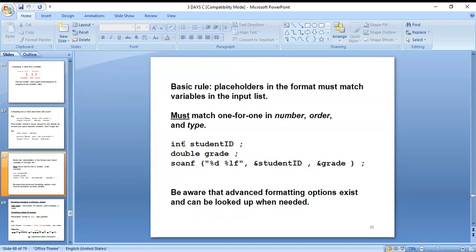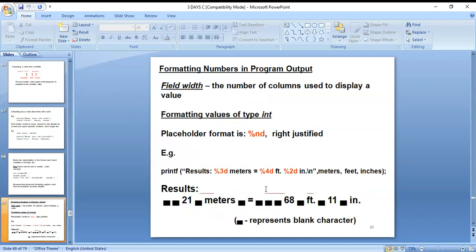But student ID is an integer data type variable, so you can use integers only there, and in double you can see only grade. Next, be aware that advanced formatting options exist and can be looked up when you need them.